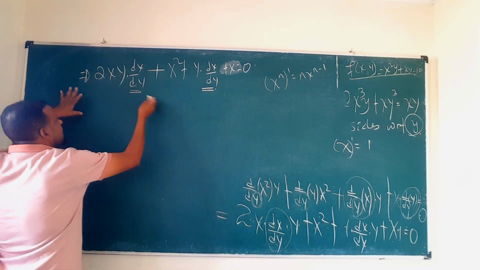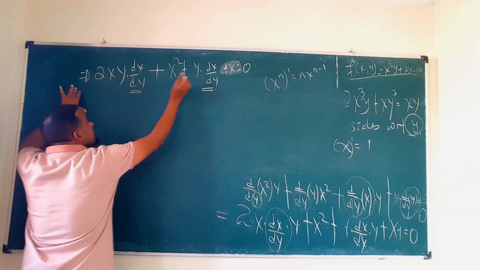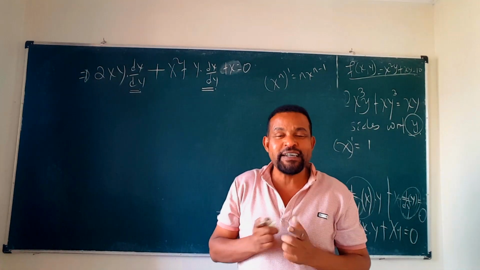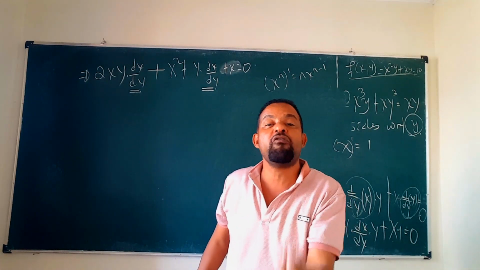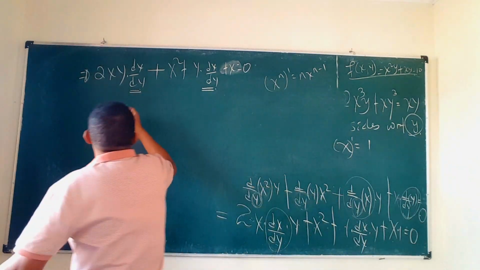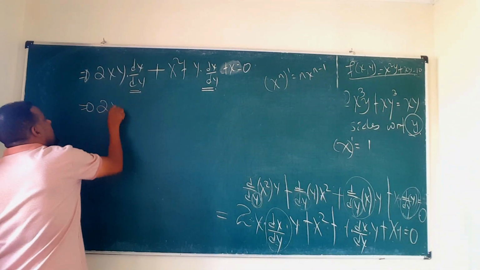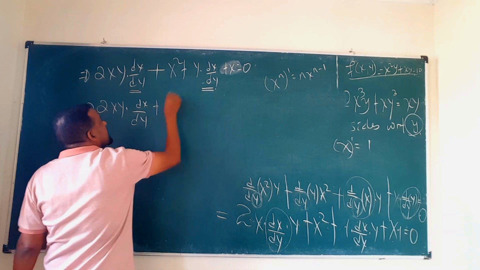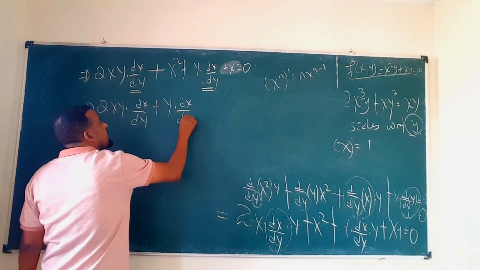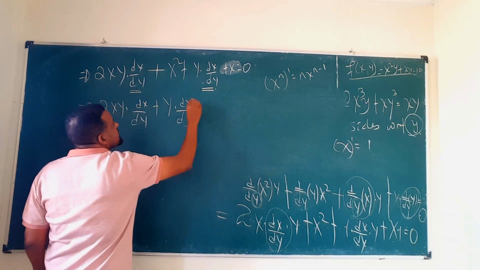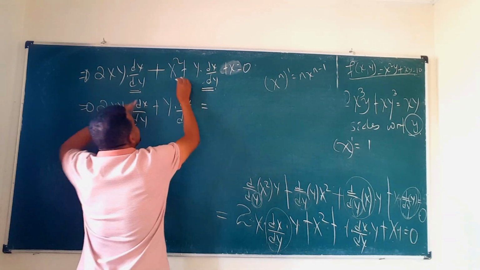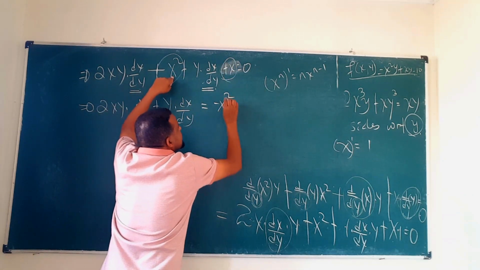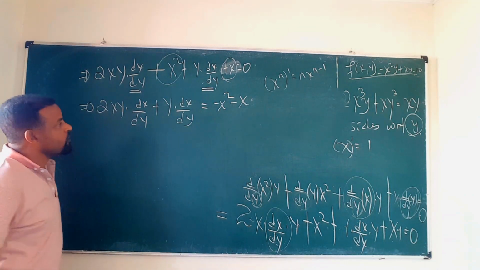dy, we put the others together. So now we put together the terms with dx by dy. Note that our question is: find the derivative of x with respect to y, find dx by dy. Here it is, so that will be 2xy times dx by dy plus, you bring this, y times dx by dy. Okay, all the others we move to the other side, done, is equal to, here there is positive x squared, right? When it goes there it becomes negative x squared, here plus x is there, when it goes there it becomes negative x. Okay, collecting like terms of